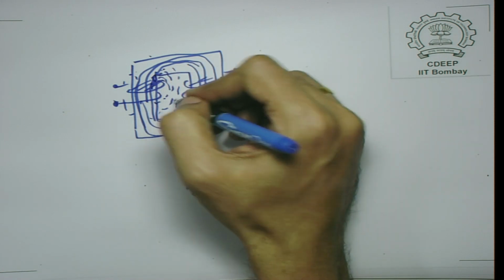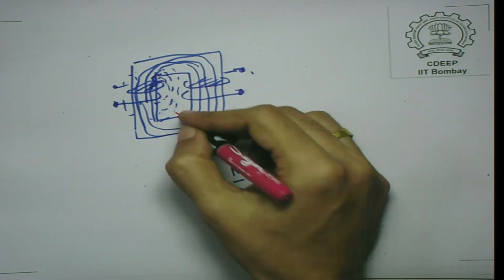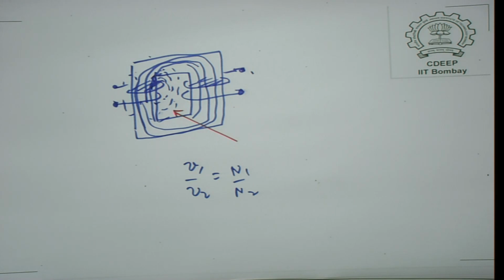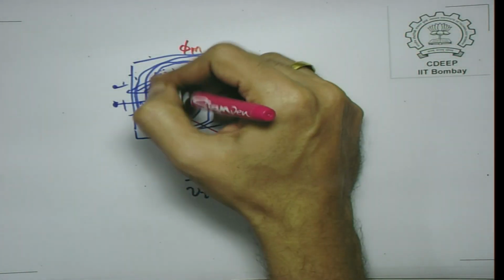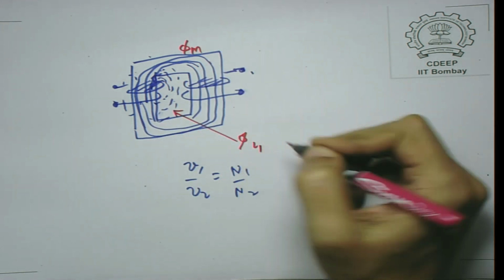So, this flux which you see here is not linking both windings. What it means is that V1 by V2 is equal to N1 by N2 is not really going to be true. In fact, a part of this flux is common and there is some part which is leaking